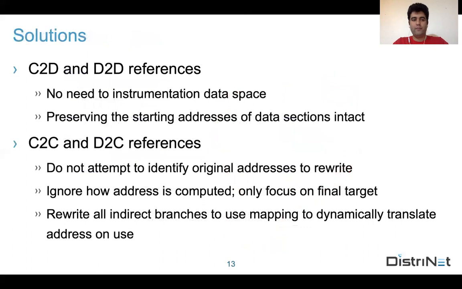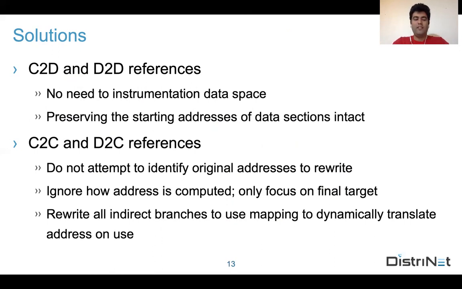For handling them, we rewrite all the old instructions in the old code section to a new code section aligned with new inserted instructions. Actually, we preserve the starting address of the data section intact, and we do not instrument the data space. By doing so, we handle code to data and data to data references.